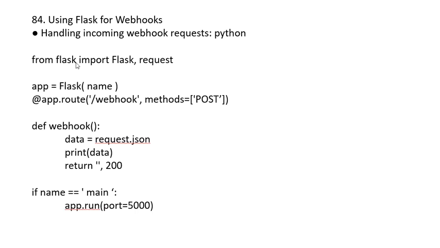So use from flask import Flask, request, and app equals Flask(__name__), and @app.route('/webhook', methods=['POST']), def webhook() function: data equals request.json, and print(data), and return '', 200, and if __name__ equals '__main__': app.run(port=5000). And 85 is